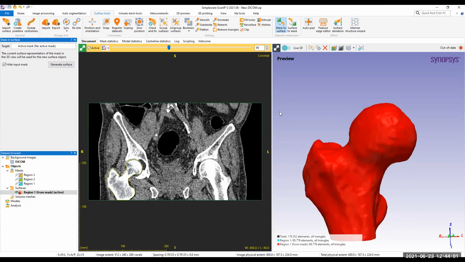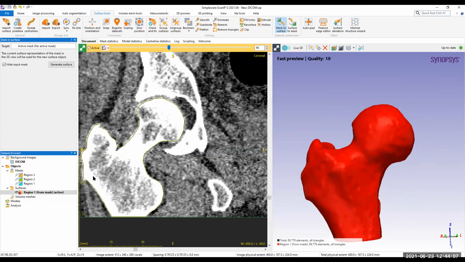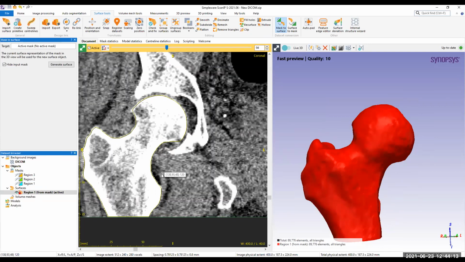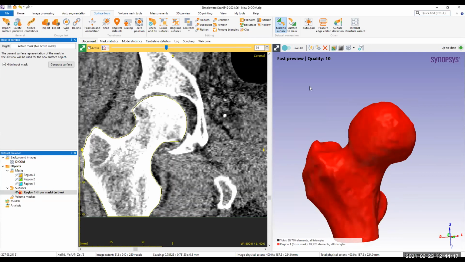So this is the surface. It is a surface because we can see that I am only seeing a single line on the contour of this model and no fillings. It is completely hollow. So this is a surface model for us.